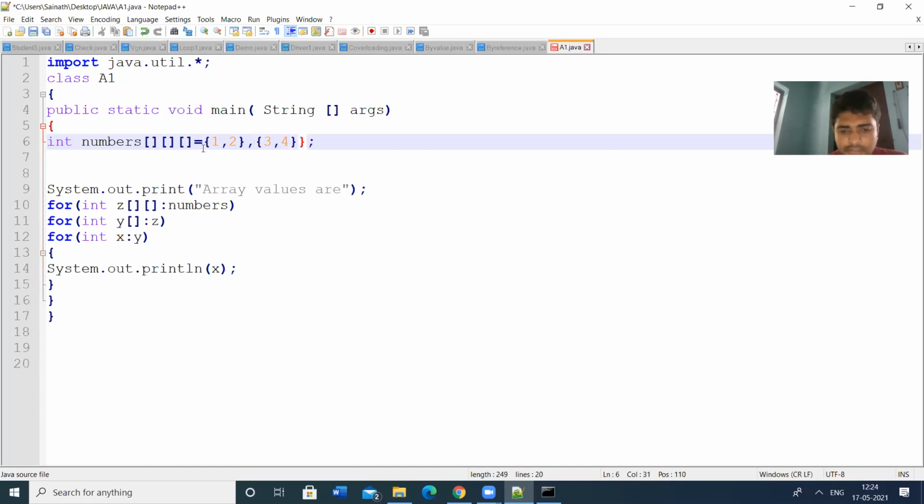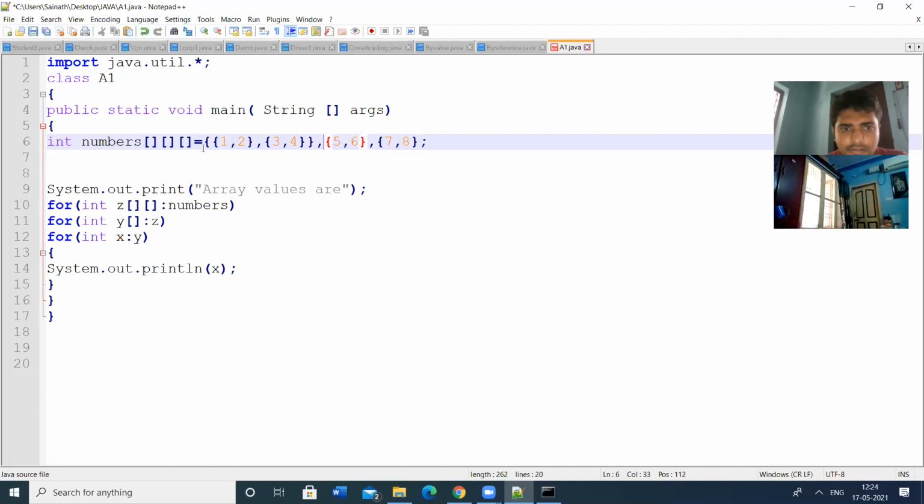So this is one dimension, and then we have to create another dimension: 3, 5, 6, 7, 8. So this is the second dimension. We have to give the curly braces.